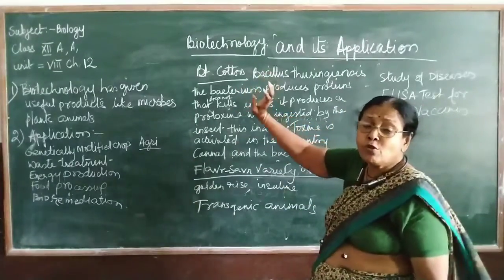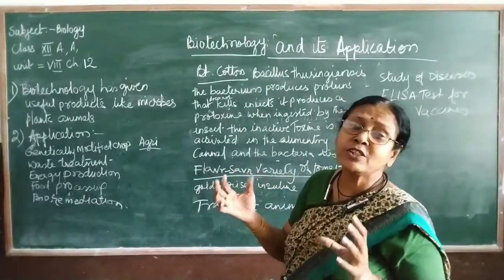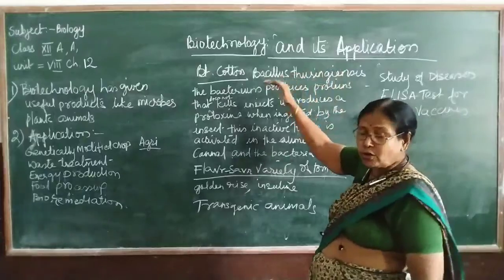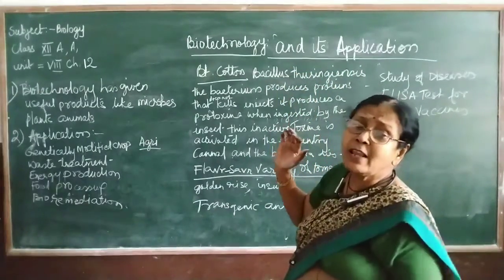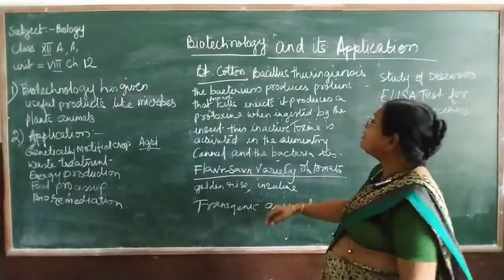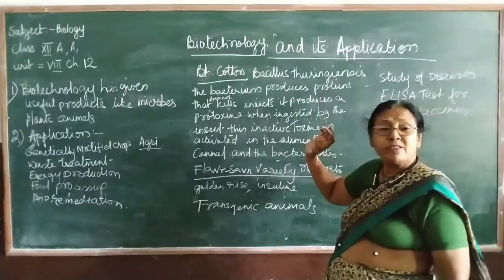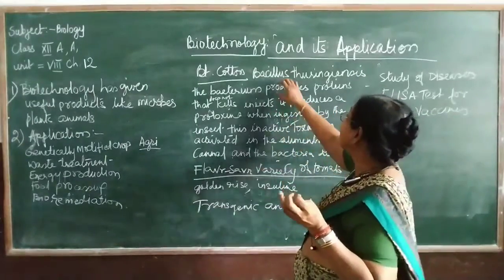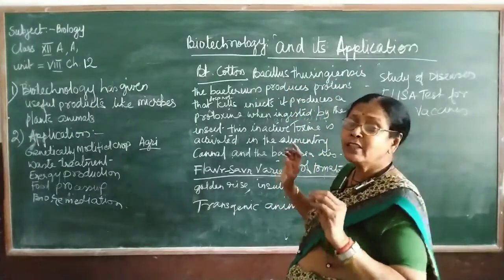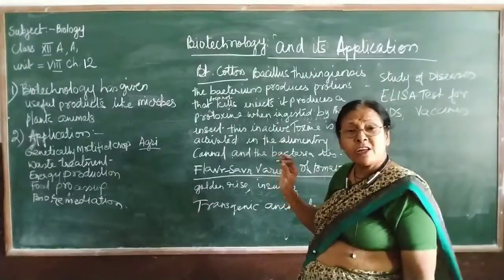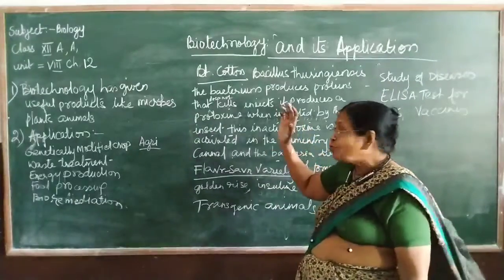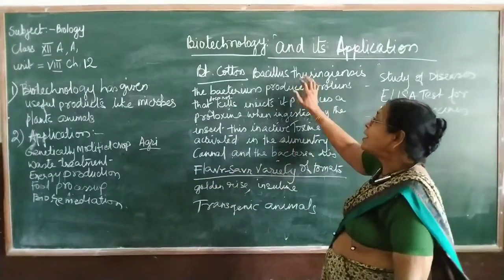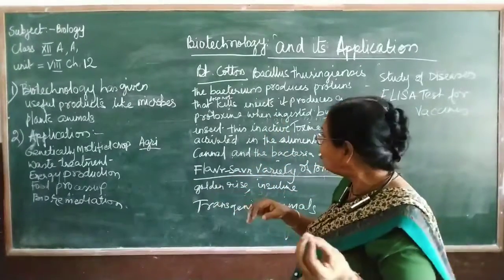So BT cotton, you all know what BT cotton is. It is an improved variety of cotton where Bacillus thuringiensis is used. A kind of bacteria is used to kill another type of organism, the insects which eat the cotton bolls, and we don't get a good quality of fiber. Here, Bacillus thuringiensis is introduced in the plant genetically, and when the insect eats those bolls, some type of proteins are created by these bacteria, and when those insects consume the cotton boll,